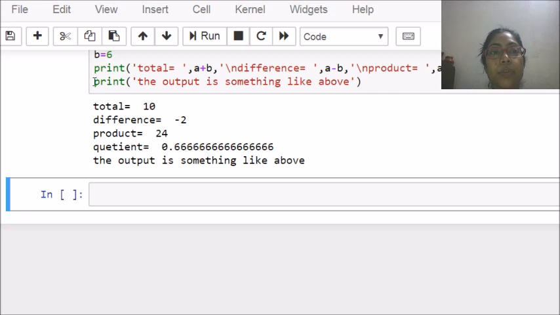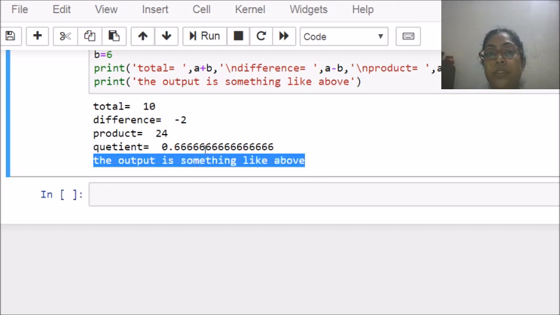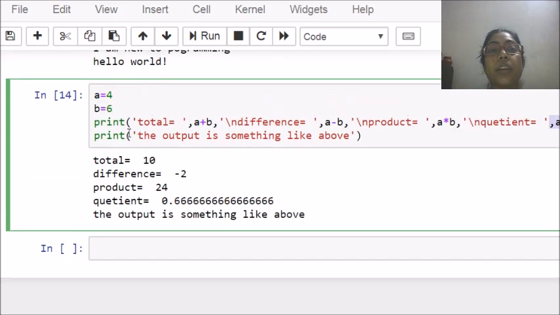Because I have used a second print statement, it is going to be displayed afterwards, after the finish of this print command. So it is going to be displayed in the next line, always in the next line. But if I am using different print statements, but I want to display all the outputs on a single line, then what can we do?